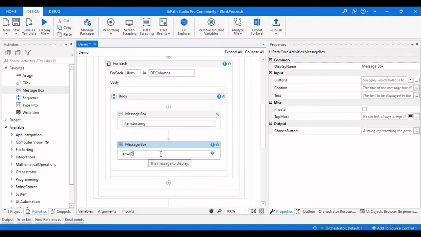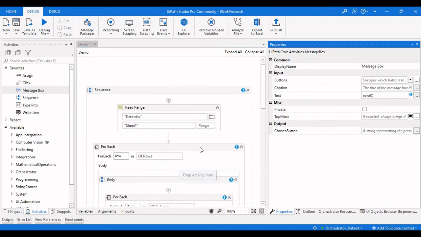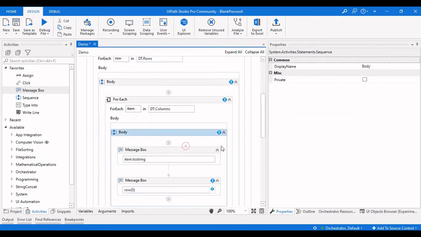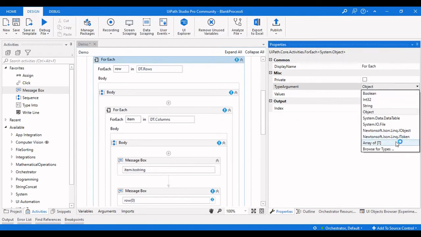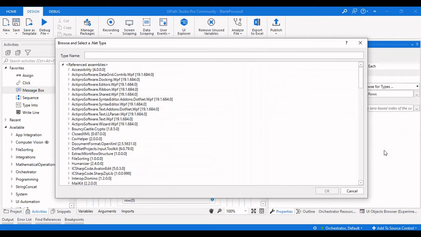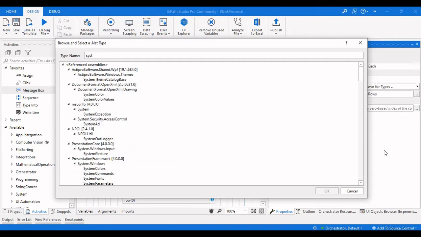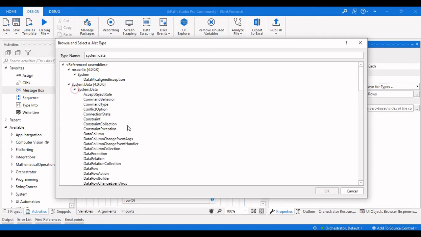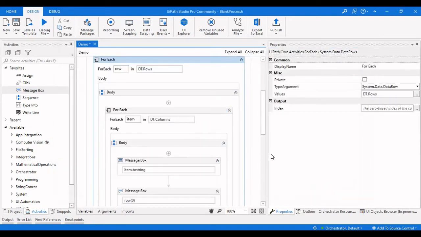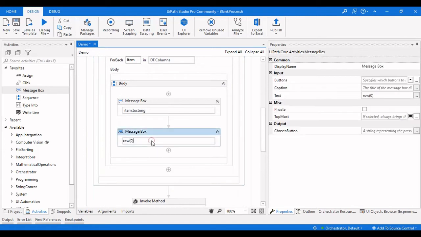So this toString is not taken here because we used a for each. So we need to change the type argument here. Go to browse for types, search for system dot data, and then select the data row from here, and then click on OK. Then you can see row of 0 dot toString, the error is gone.